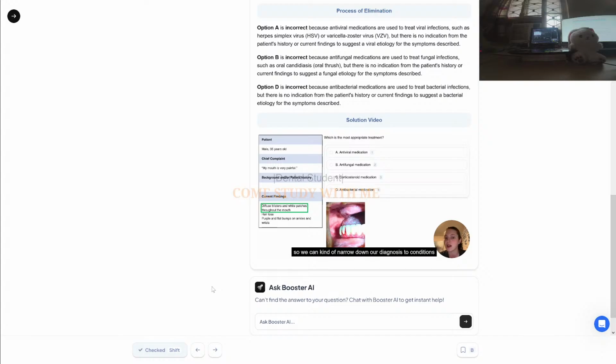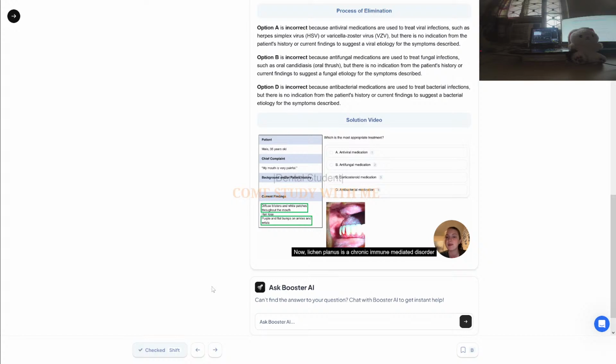So we can kind of narrow down our diagnosis to conditions that would include these blisters, these white patches that are painful. Another big clue is the fact that we also have cutaneous lesions. We have these purple and flat bumps, specifically on the ankles and wrists. These purple bumps are actually very characteristic and indicative of a certain condition, and the fact that they're in these specific locations is also very helpful. We can narrow down our diagnosis and know that what our patient specifically has is lichen planus, both orally and